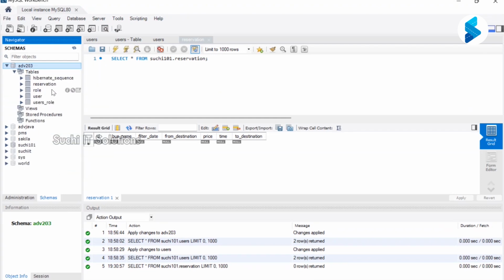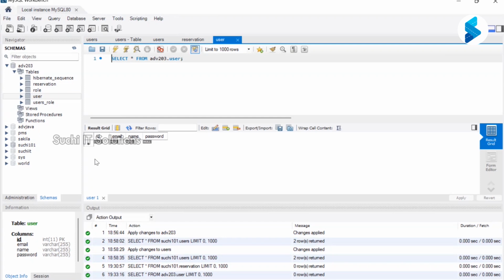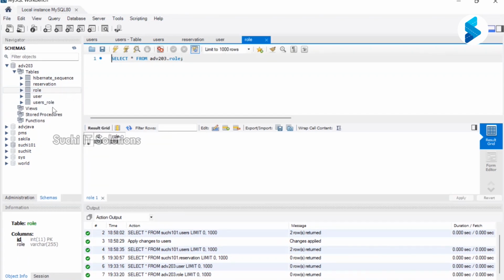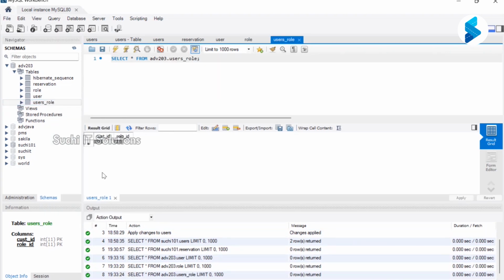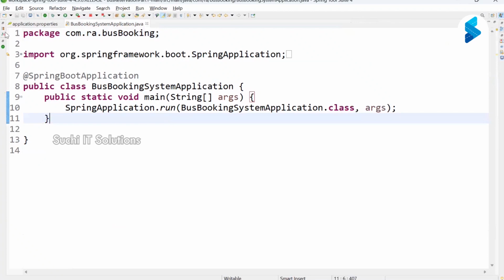So table. See, these are the tables: reservation, role, user roles, and everything. We have n number of rows here: ID, email, name, and password. The role, then ID and role, user role, customer ID, role ID. So even this is the way we specified it. Okay, fine. Now